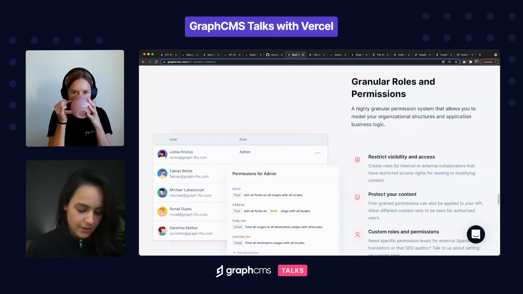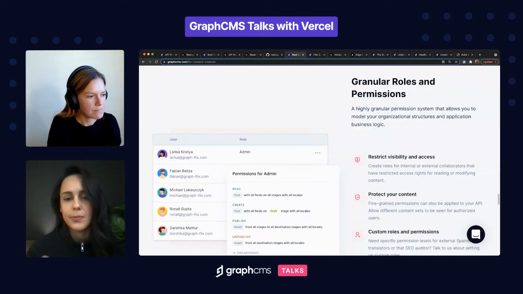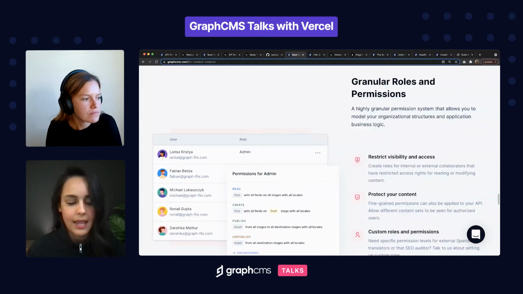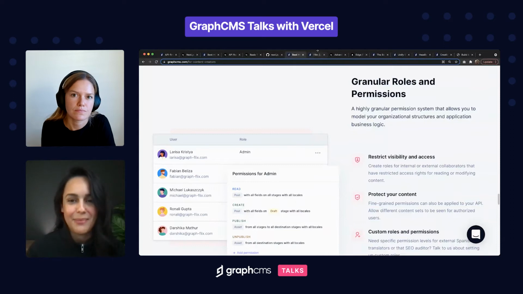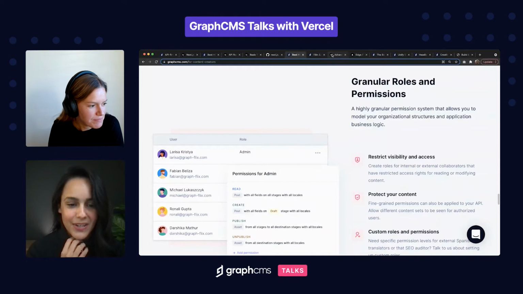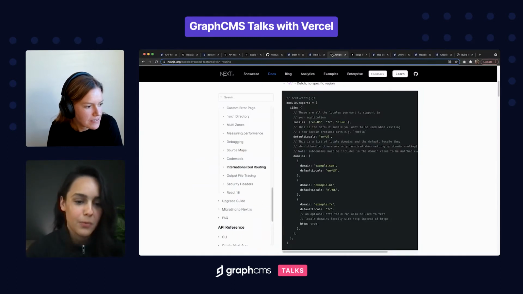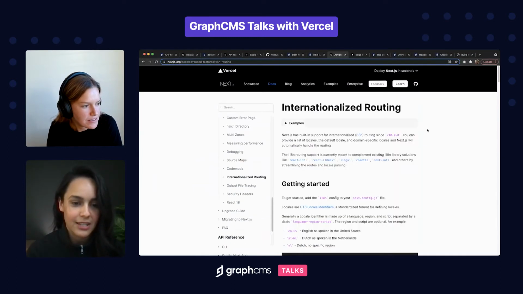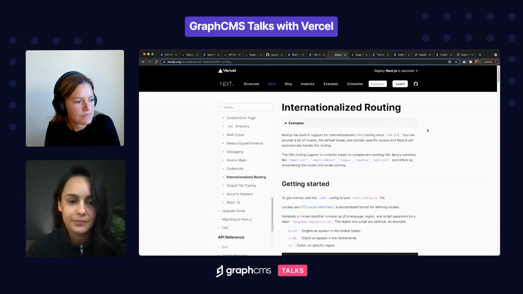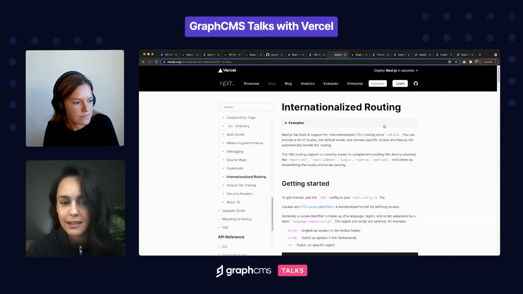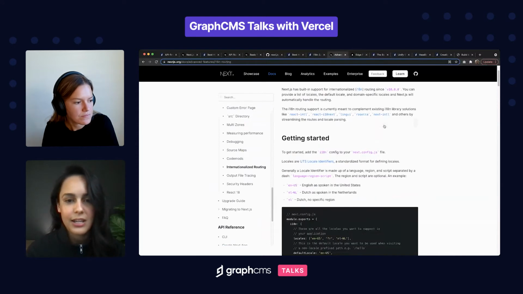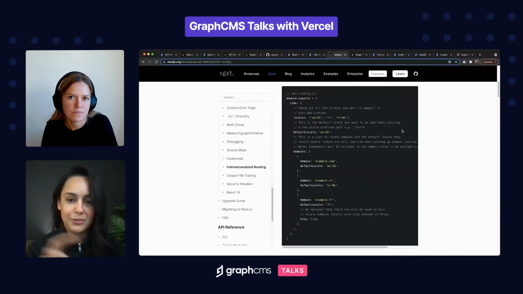Yeah, so Next.js actually has built-in support for internationalized routing. What that means is we can provide a list of locales to Next.js, and Next.js will automatically handle the routing. Oh, you have the page up. If you could scroll down a little bit and show our example. As you can see, we can give Next.js a list of locales. So we have English US, FR now,